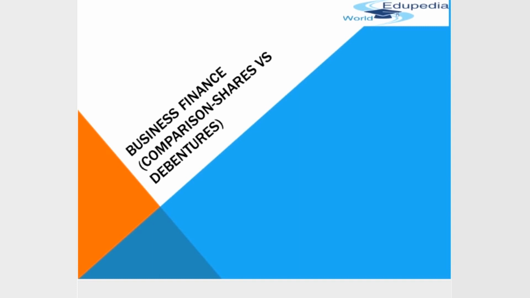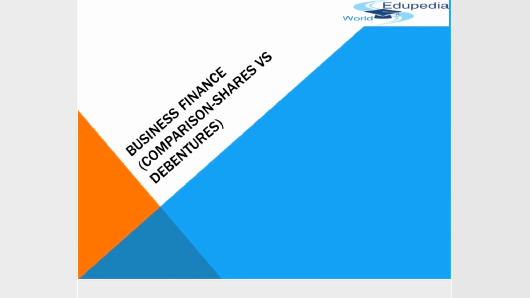what are debentures. Equity shares are those shares which do not carry any special or preferential rights in respect of payment of annual dividend and repayment of capital. The money raised by issue of equity shares is termed as equity share capital, whereas a debenture is a certificate and a document which is issued under the common seal of the company, acknowledging its debt to the holder at given terms and conditions. The amount of loan, rate of interest, and the security offered are clearly mentioned by the company on that document. So, share is the owner's funds, whereas debentures are the borrowed funds.